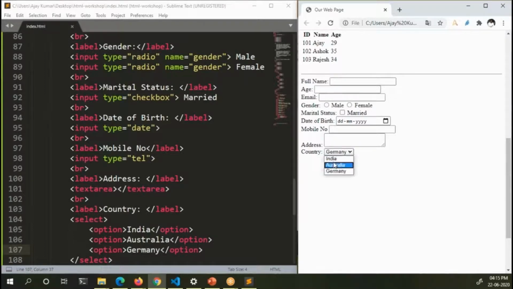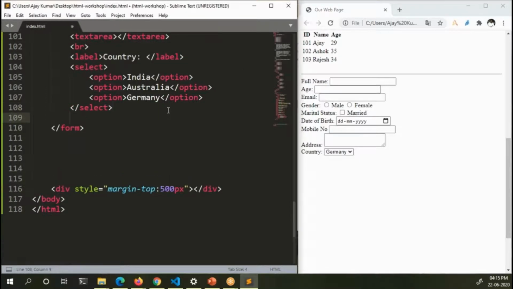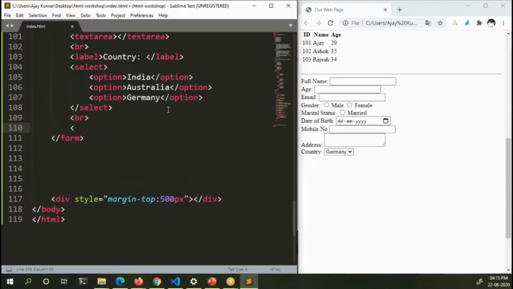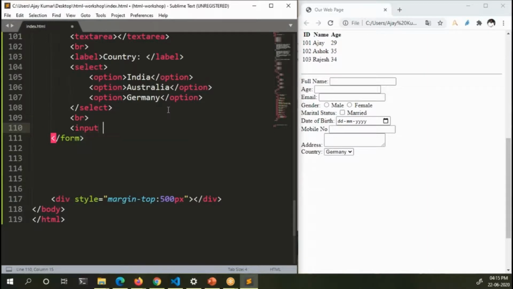Now you can select any one of the elements. And then finally we will create a button by using which the user can submit the form. You can also create a button with the same input element, input type equal to. Here we are creating a submit button, so the type would be submit.